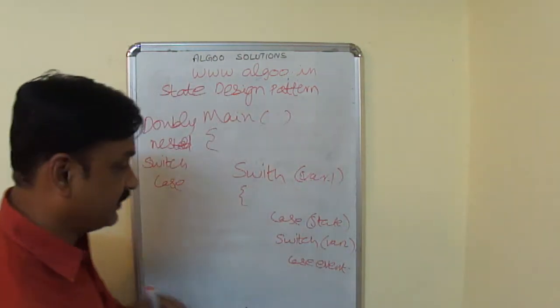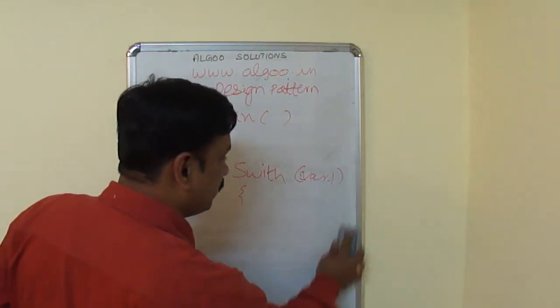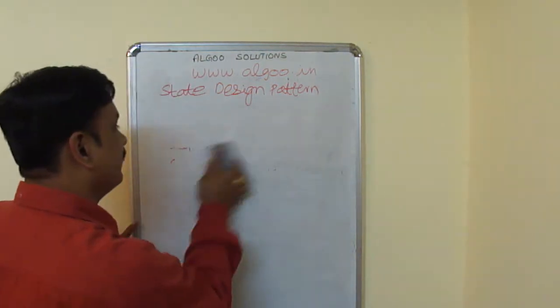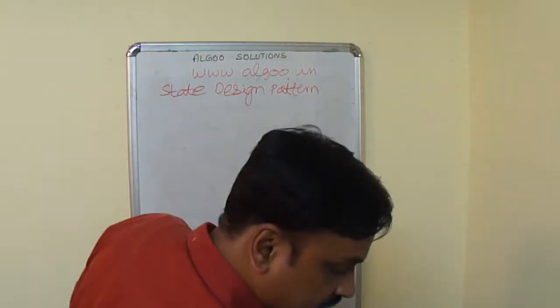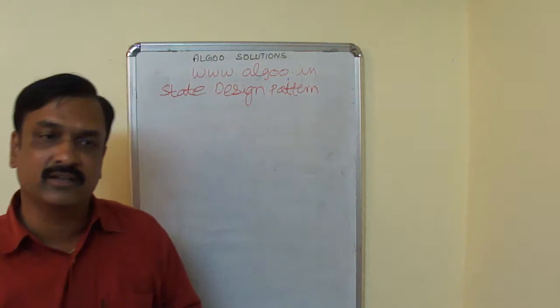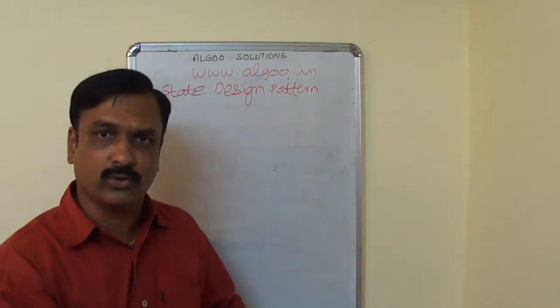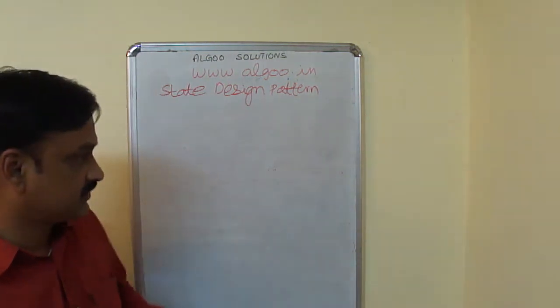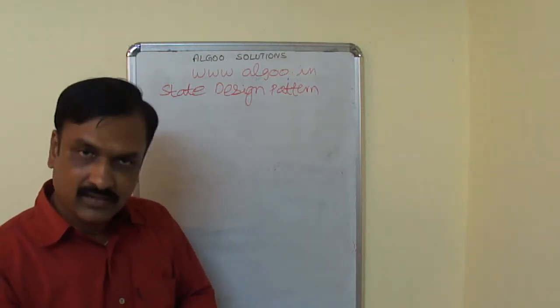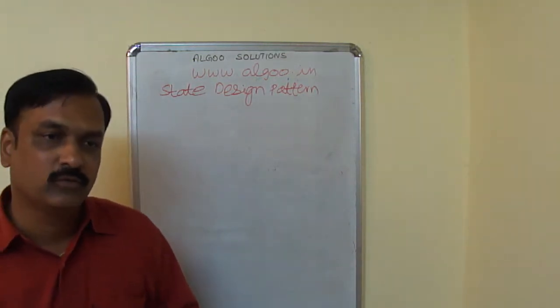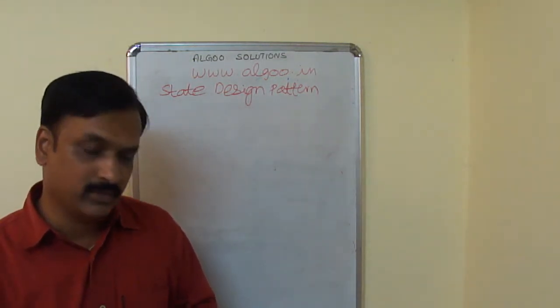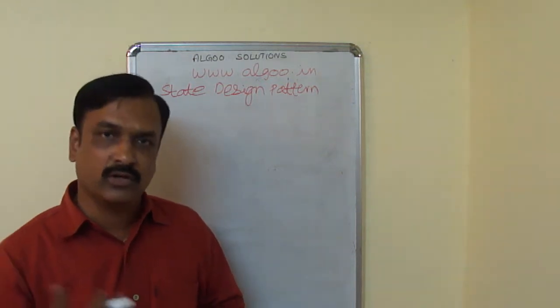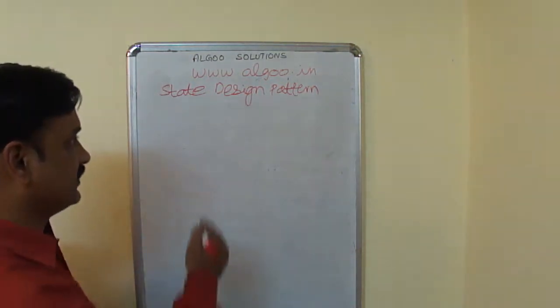What else could you have done? In order to implement this pattern, before the advent of the design pattern or the idea of a state design pattern in object-oriented languages, what could you have done? One is this. Take a few seconds to think it over. What could you have done in order to implement this? Some of you would already be thinking about this, which is actually